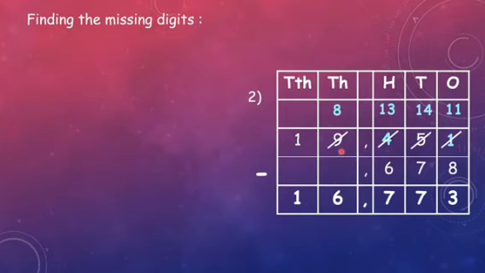8 minus something here with the number which is to be here gives you 6. So what is that number? Yes, 8 minus 2 is equal to 6. Now for the next number, 1 minus something happens to be 1. This something is 0 because 1 minus 0 is 1. So the final answer is 16,773